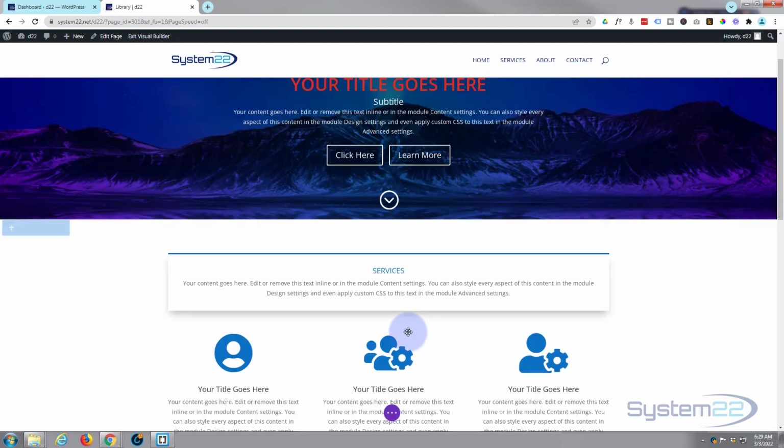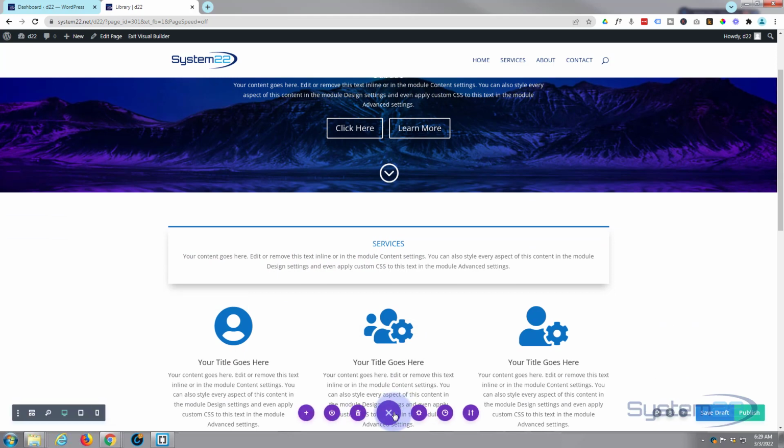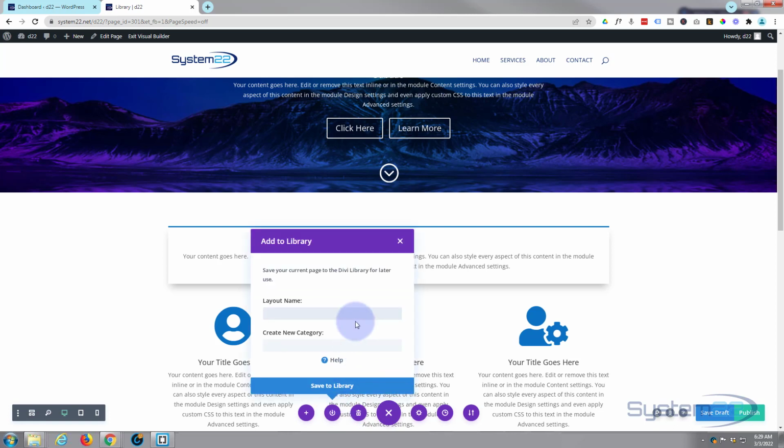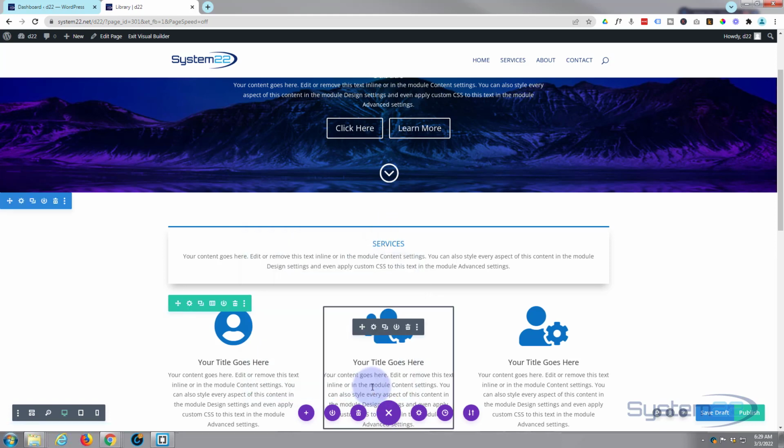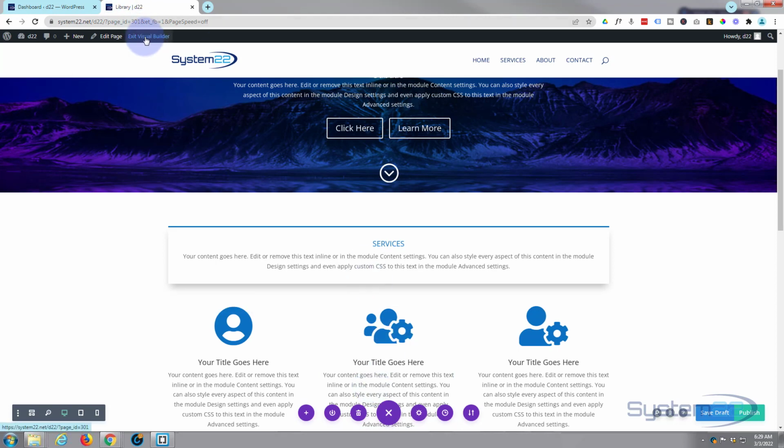But what I didn't mention before, if we re-enable the Visual Builder, is you can save the whole page. If we go down to the little purple button here, again we've got that little round icon just to the left of the trash can. Give it a title as usual. Now there's nothing to save here. Let's exit the Visual Builder